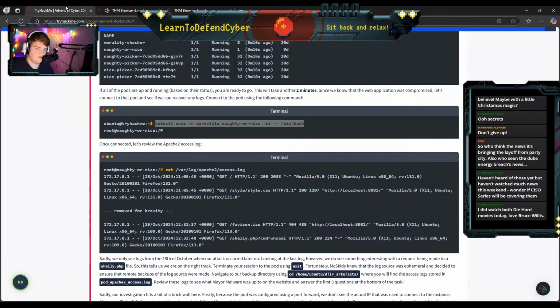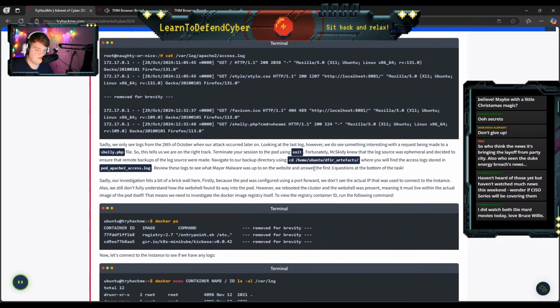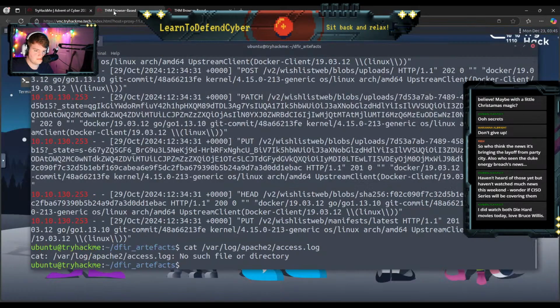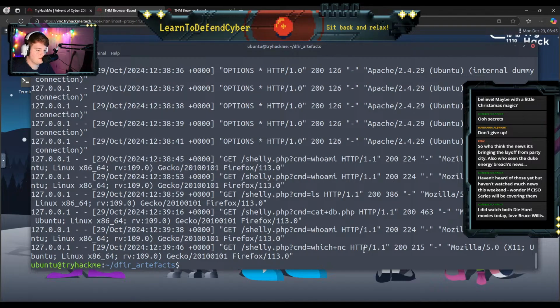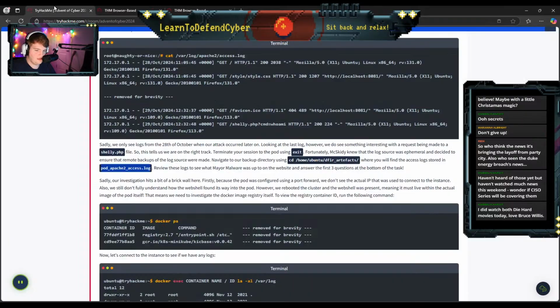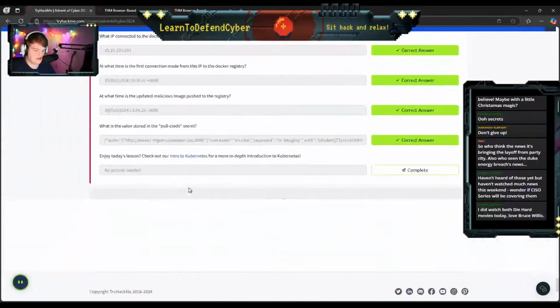Or, you know what? Hold on. I'm a step behind because we go to this DFIR and we cat out this. Okay. Let's see. He lists, cats. He cats out the db.php, so he cats out the database.